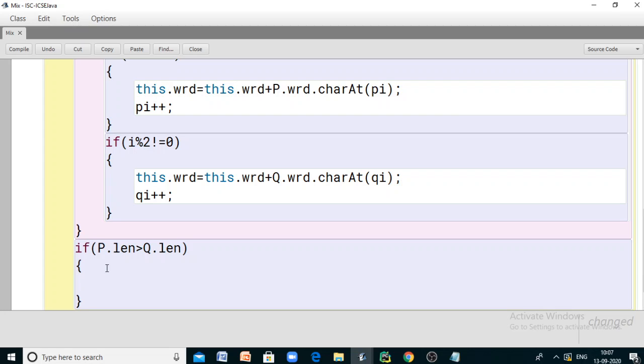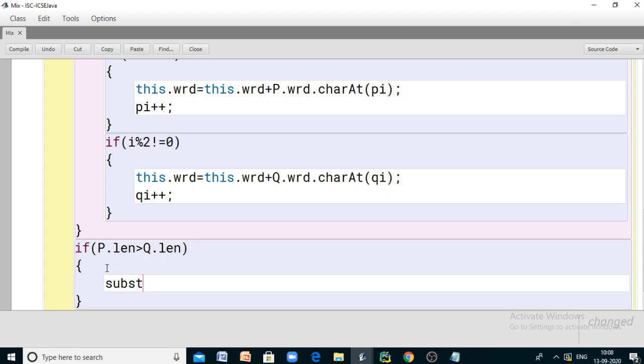So here, when P dot len is greater than Q dot len, the word member in object P is longer than the word member in Q. So the remaining characters from the word of object P should be extracted and stored into the final word. How to extract the remaining characters from the given word of object P?